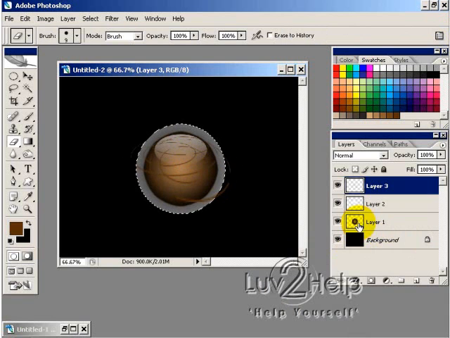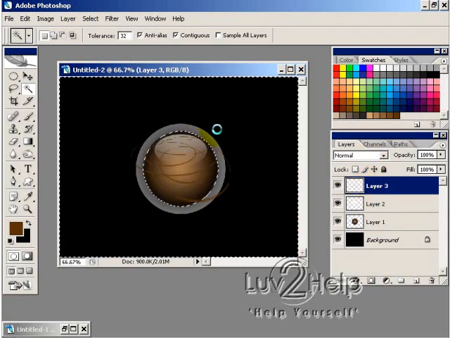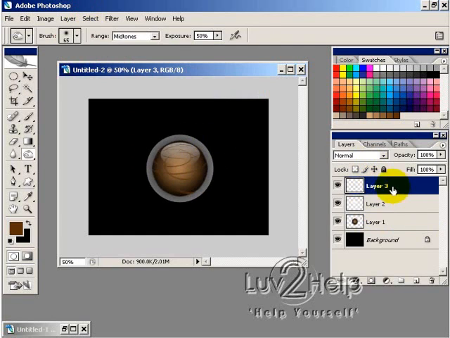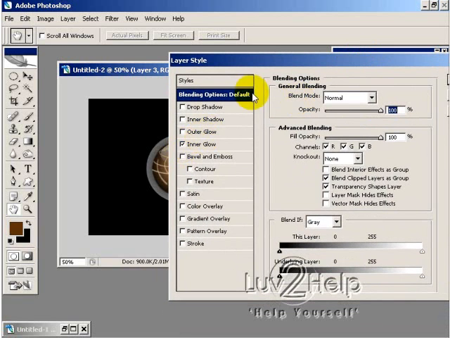Now what we want to do is hold Control and select this layer here, probably highlight the layer, use the magic wand tool to select, hold Shift. And then once we've got that section selected there, we're going to go select inverse, and then select back on our layer here and delete to trim the excess off. We can right click here and change the blending options and give it an inner glow,